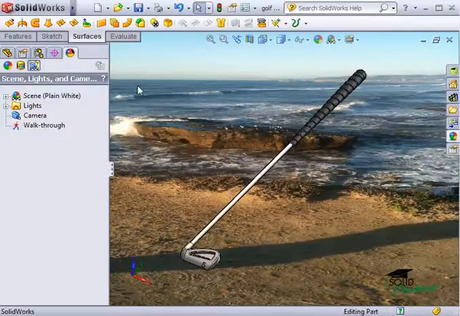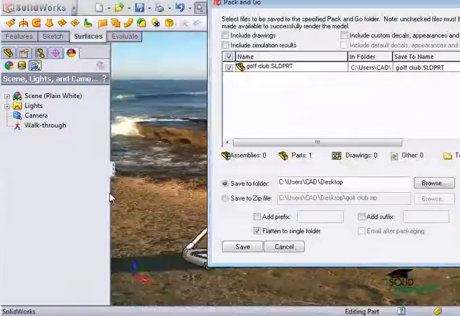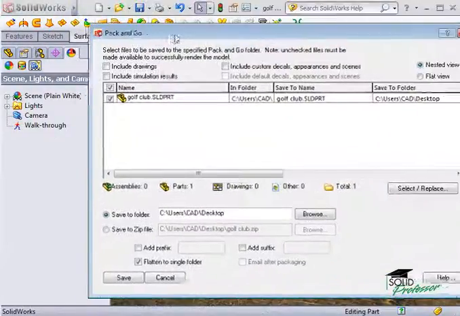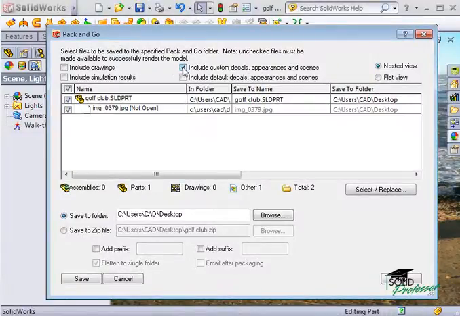The easiest way is by using Pack and Go. I'll launch the Pack and Go tool from the File drop-down menu. The settings here are pretty straightforward. The one thing I want to make sure of is that I check the Include Custom Decals, Appearances, and Scenes